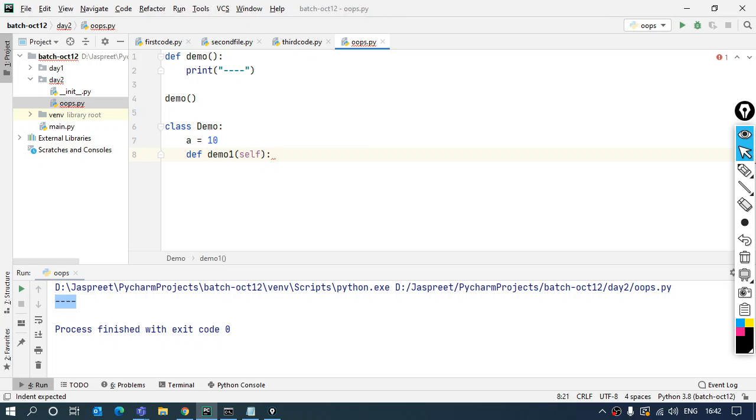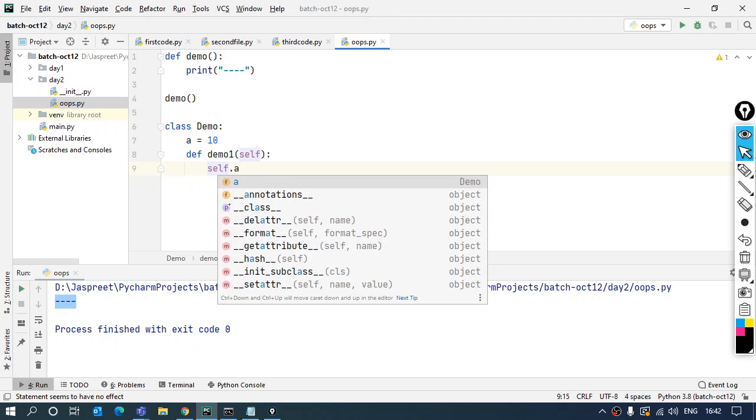Fine. Now as soon as I have completed it with the parentheses, this self keyword came up automatically. Why has it come up? Because this self is going to help me access other attributes, like if I have some variables or some functions, I use this self attribute to access them. So if I say self.a, this is something that I have created locally in this class function.